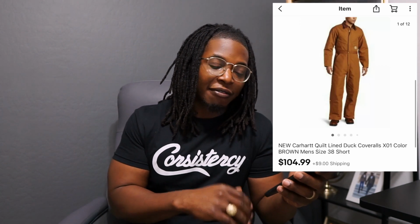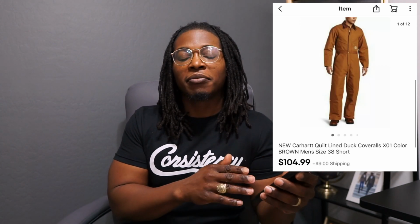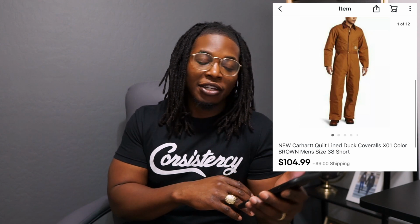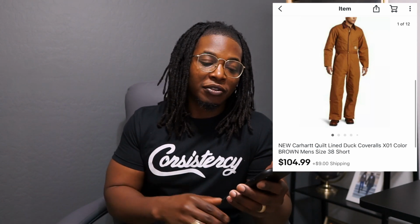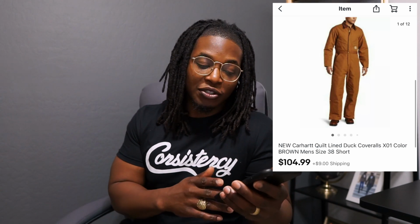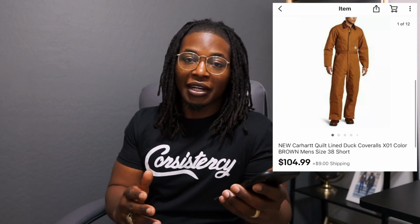Next up, we got this brand new Carhartt overall, and I picked this up from the thrift. I spent like $30 on this. This was brand new with tags. Usually never spend that much money for coats and jackets like that. Very rare that I do, but glad that I did, because this one sold for $104 plus $9 shipping, and